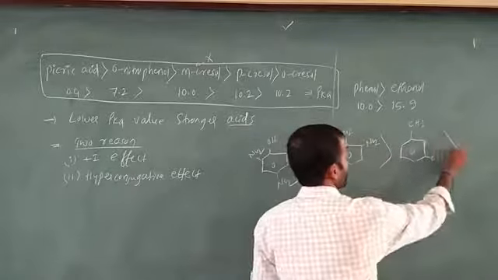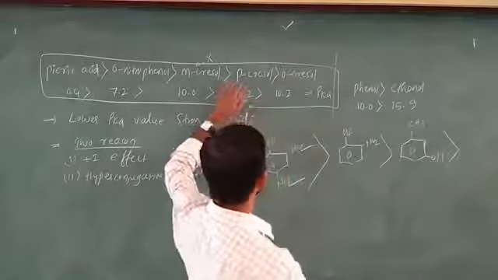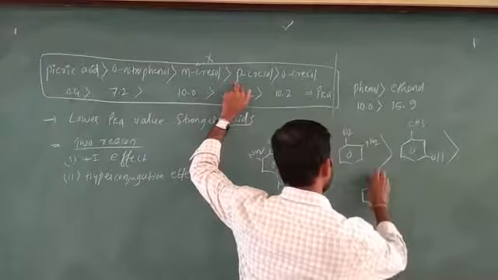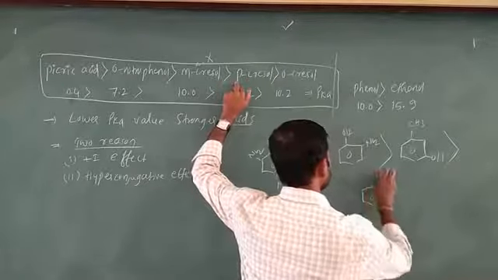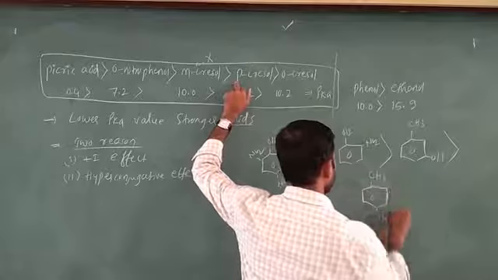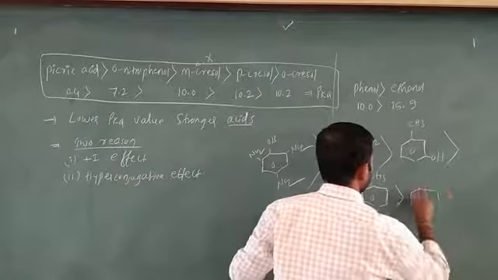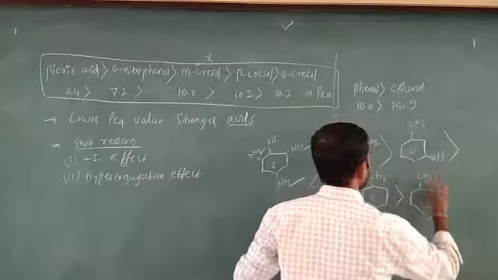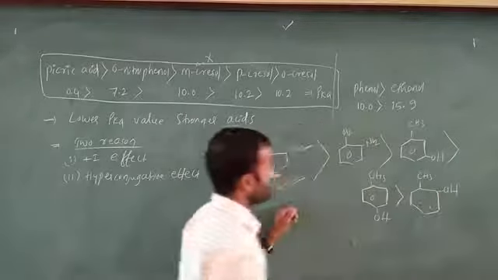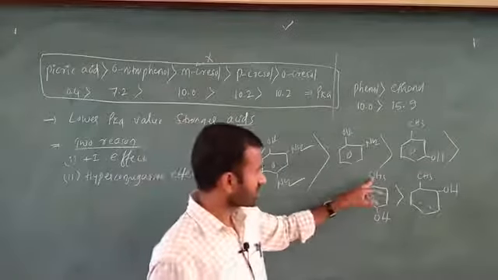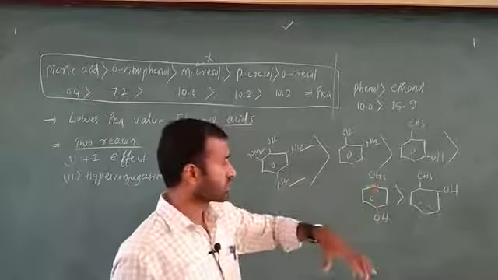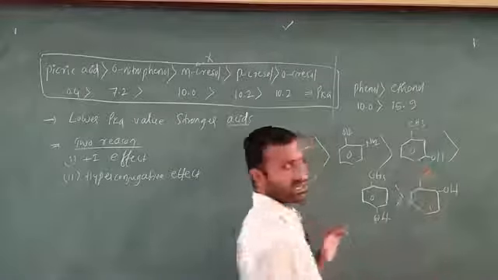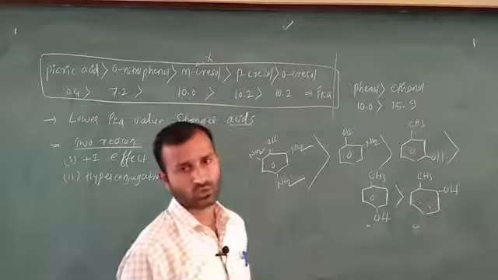But when we are going to study, one more is there. What is that? Paracresol. I am going to take this one as para. If you want to write at the same time, paracresol only. Next after that, orthocresol, with ortho CH3. In orthocresol, this CH3 is an electron donating, ortho and para directing group. These two are correct. But a meta directing group is not there, so there is no hyperconjugative effect.